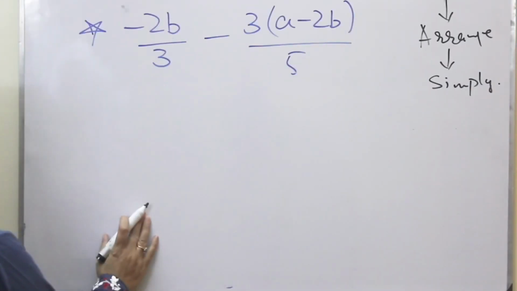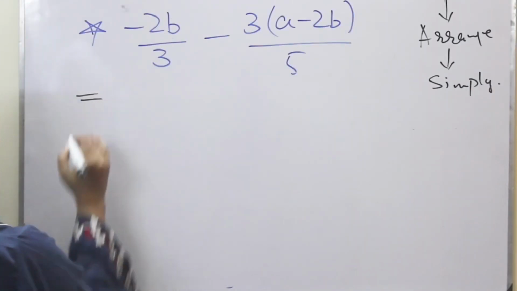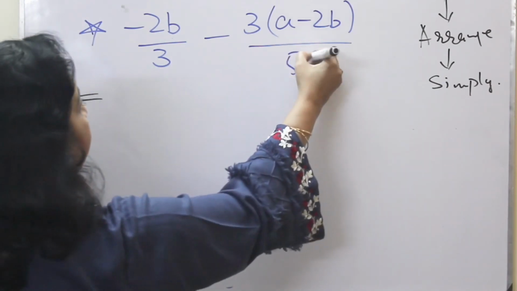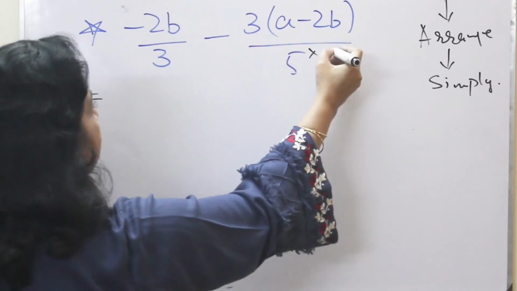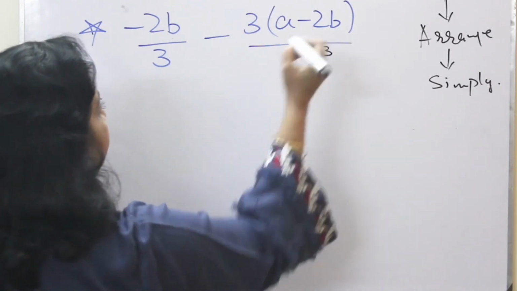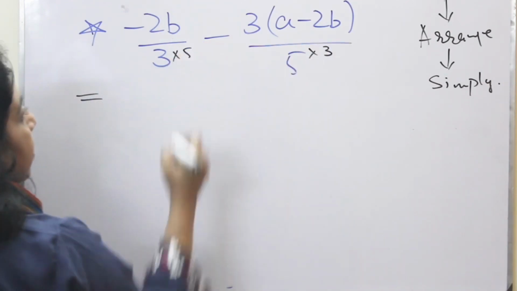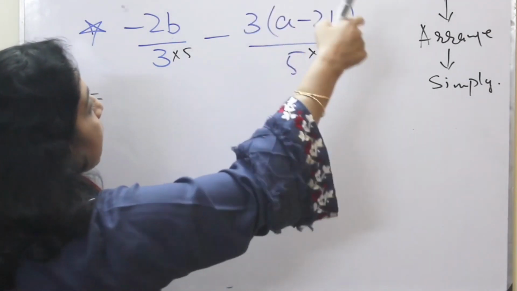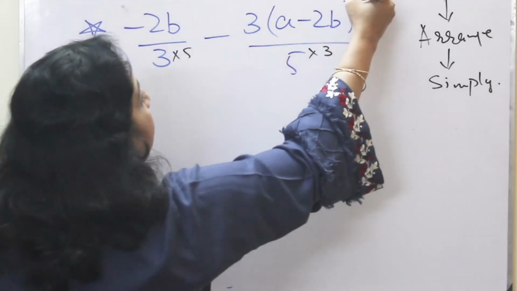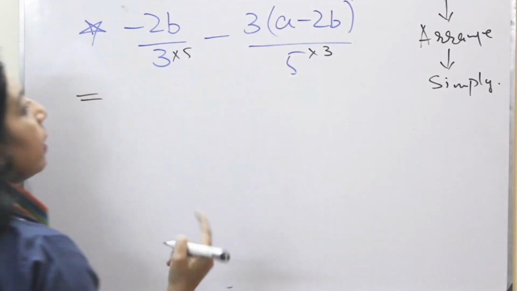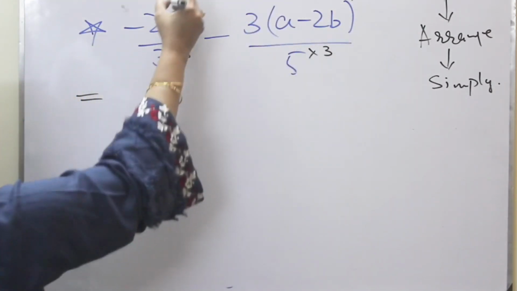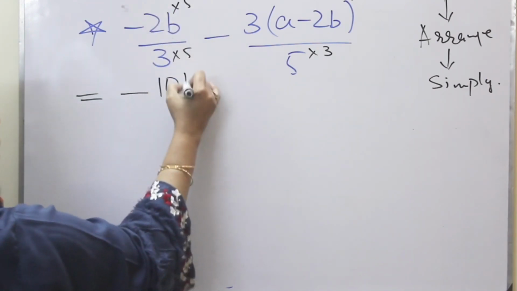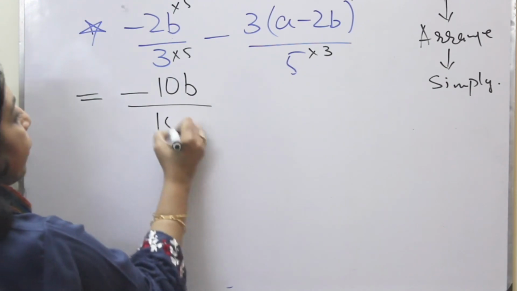My next question is minus 2b over 3, minus 3a minus 2b over 5. Again, I have the fractions, LCM is prime number, 5 3 times and 3 5 times. You can do it later. First you can open this bracket, and even you can do it in the same step. You can multiply this 3 with 3 and open the bracket with 9. Okay, this is minus 2 5 times minus 10b over 15.